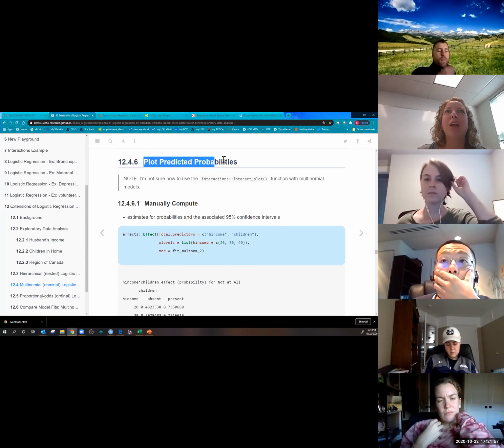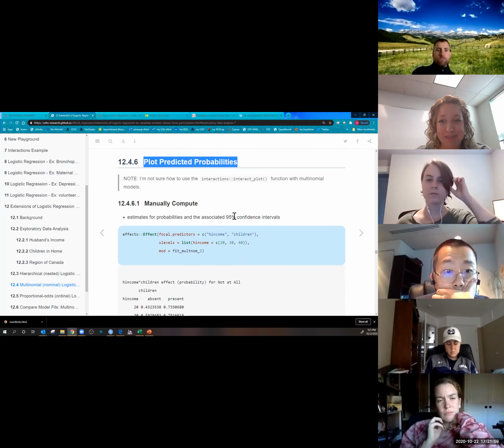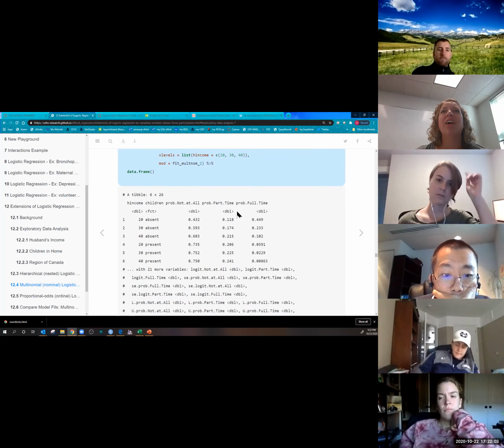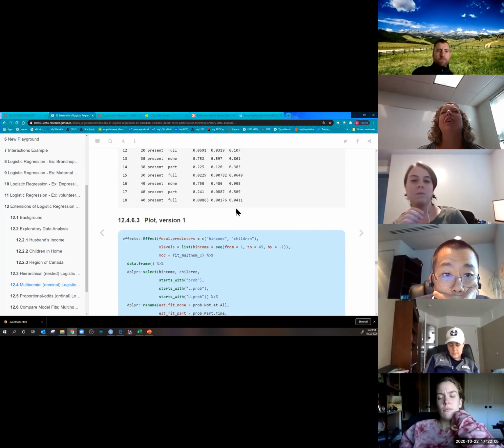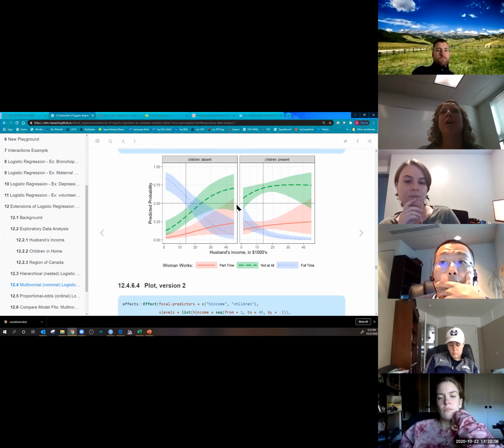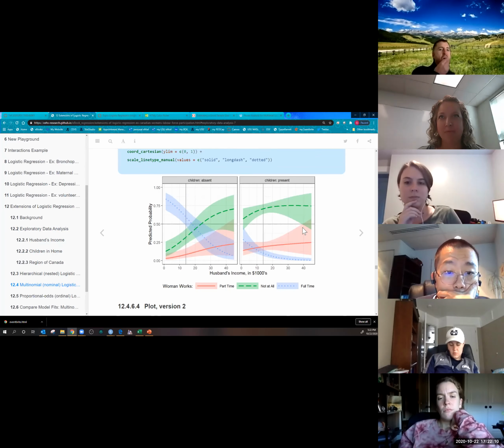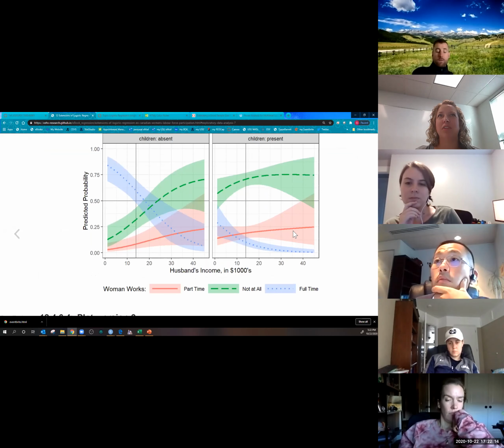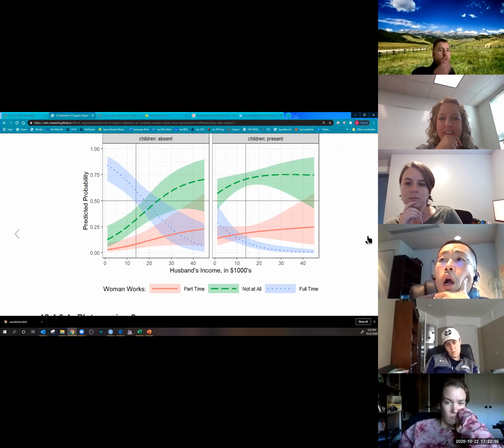Okay, plots make everything interpretable. Now, before we had to look at two different plots. Here, I did this yesterday and then I found an easier way to do it, so don't worry about all that code. I'm going to simplify it a lot for you. Here is the picture. Let's see if we can look at this picture and figure it out.